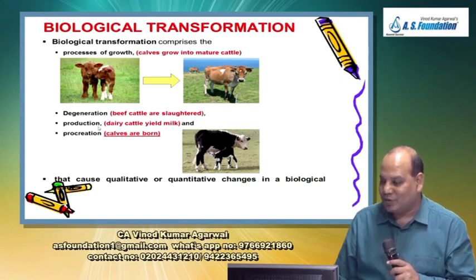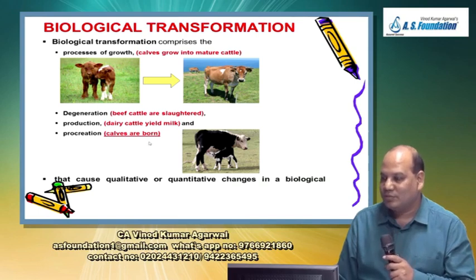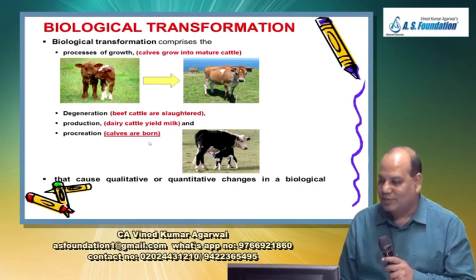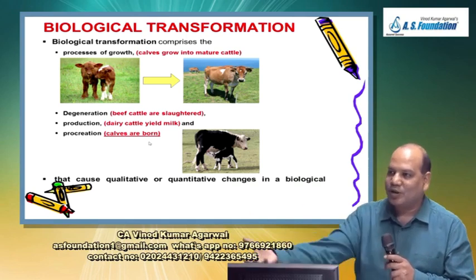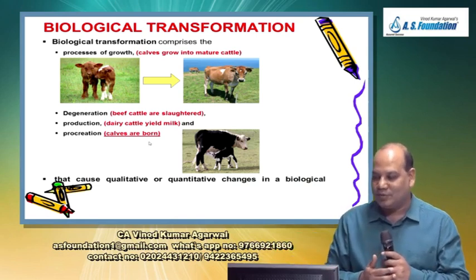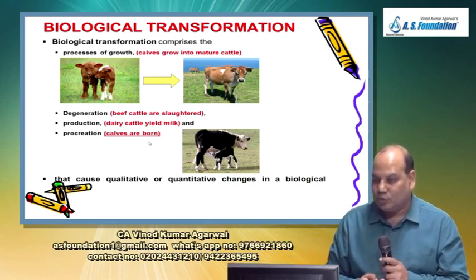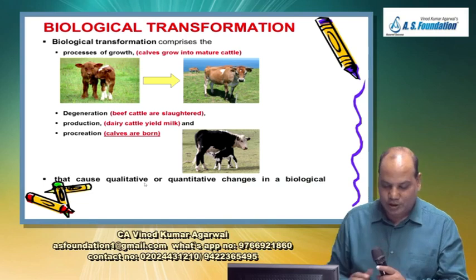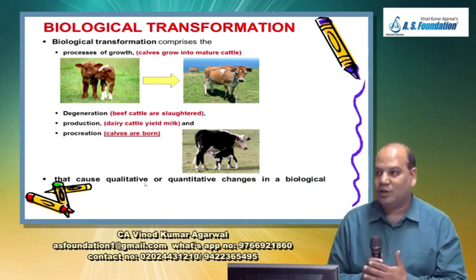Production, dairy cattle yield milk. And procreation, calves are born. This is just an example, taking cow as a base. For different products it can be different items. Okay, so process of growth, degeneration, production, procreation, that causes, underline below, qualitative or quantitative change in the biological